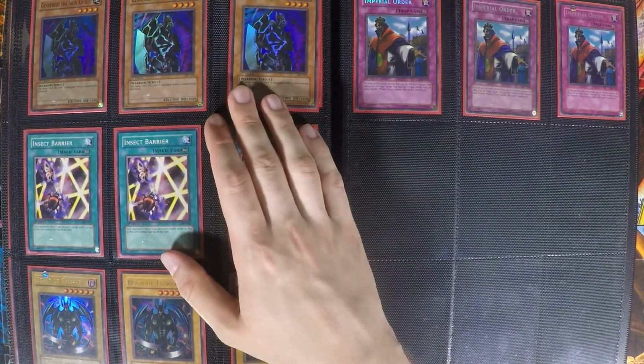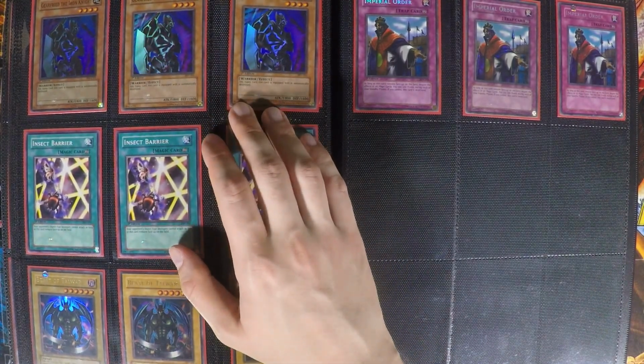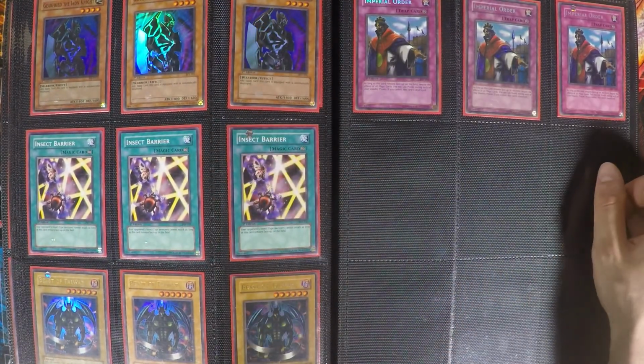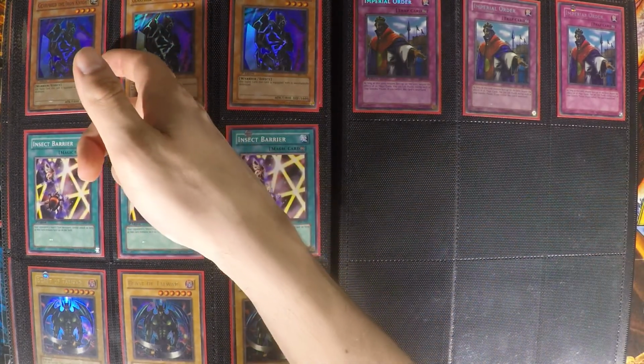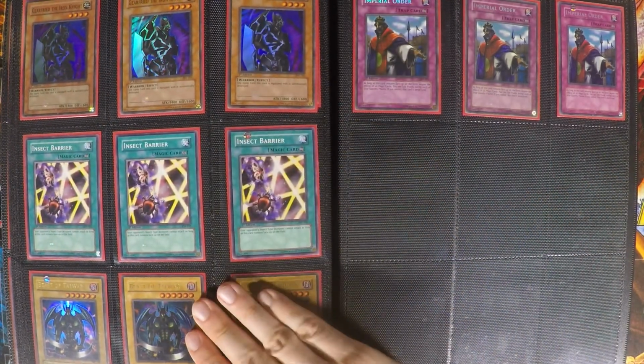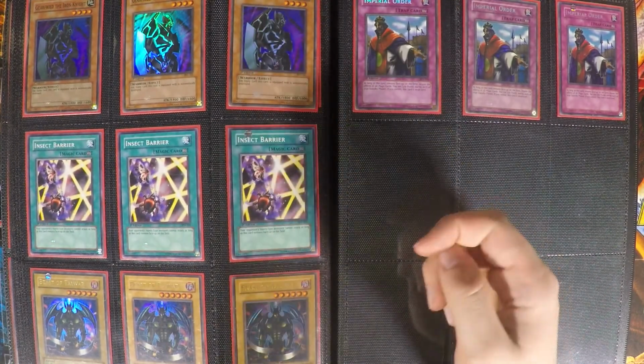Up here we have the Gearfried the Iron Knight, which is the second 1800 4-star monster in the set. Of course it has the effect that every equip spell card that you equip it with gets destroyed immediately. So there were a lot of infinite loops with this card and the Butterfly Dagger Elma. You would play out Gearfried, equip it with Elma, and Elma gets